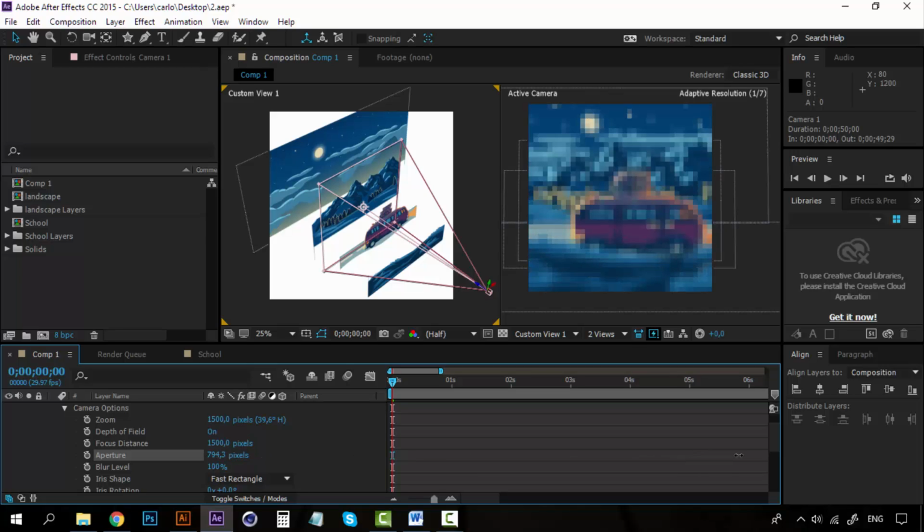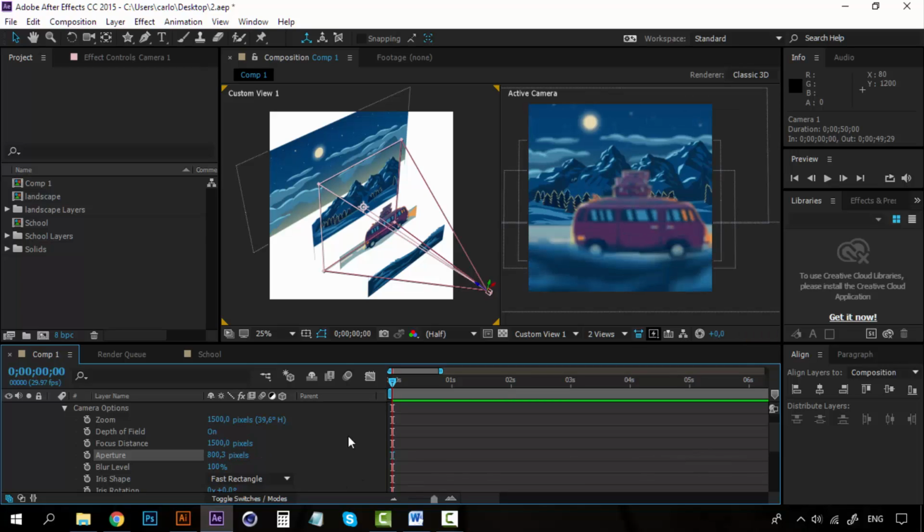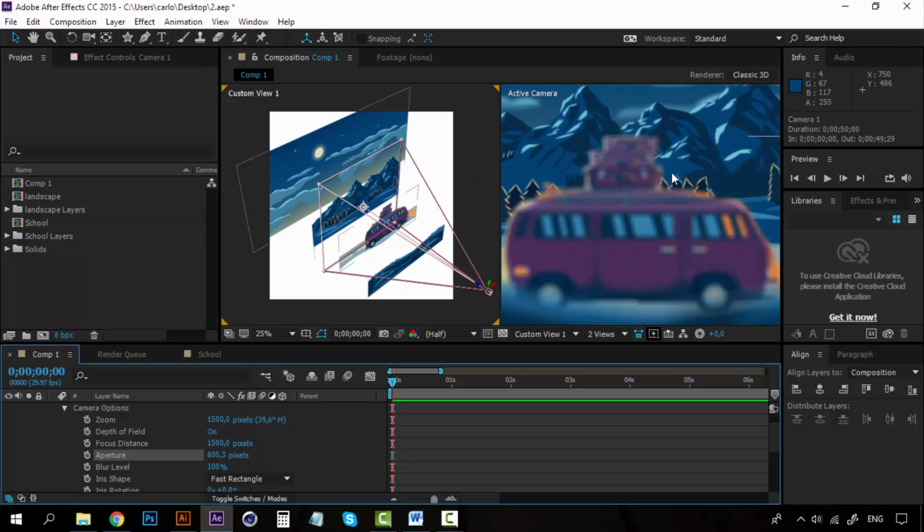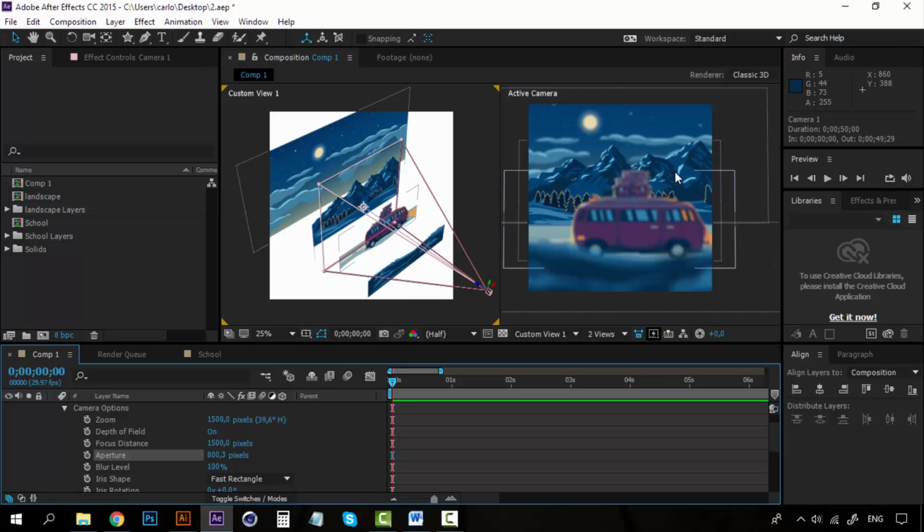I'm going to increase this a lot to 800 pixels, and you can see that now we are getting some depth of field. Now the focus is on the mountains, as you can see here. The focus right now is on the mountains, and the sky and the car and the front grass are out